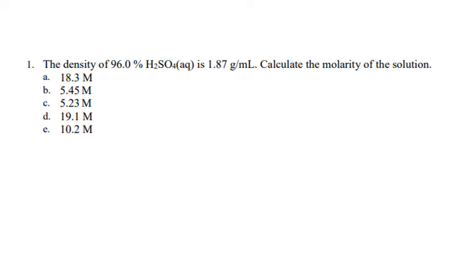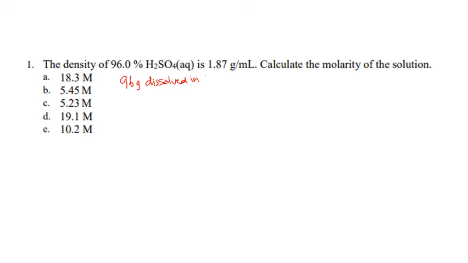Okay, let us see the first question. The density of 96% H2SO4 is 1.87 grams per milliliter. Calculate the molarity of the solution. So what we have to do here is first, 96% means 96 grams dissolved in